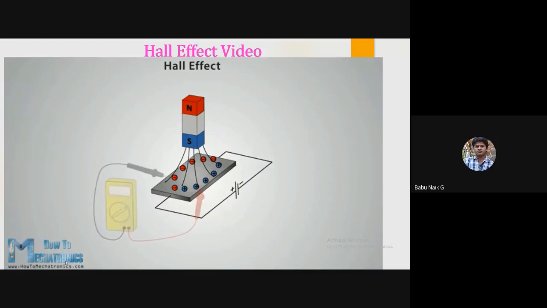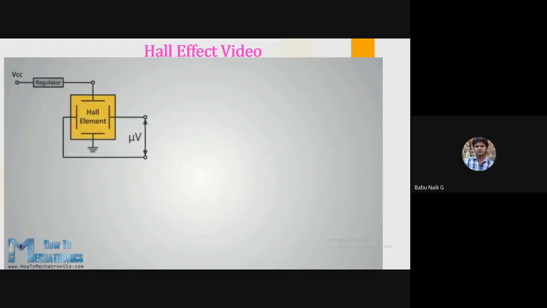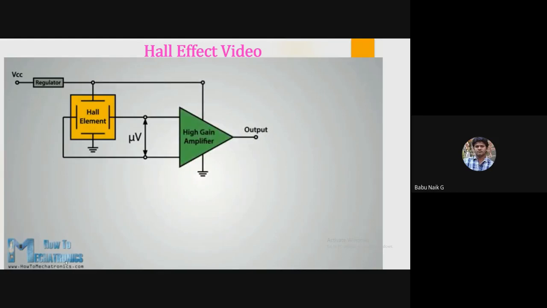This means if we put a meter now between these two sides, we will get some voltage which can be measured. So, the effect of getting a measurable voltage, as we explained above, is called the Hall effect, after Edwin Hall, who discovered it in 1879. The basic Hall element of the Hall effect magnetic sensors mostly provides very small voltage of only a few microvolts per Gauss, so therefore these devices are usually manufactured with built-in high-gain amplifiers. There are two types of Hall effect sensors.